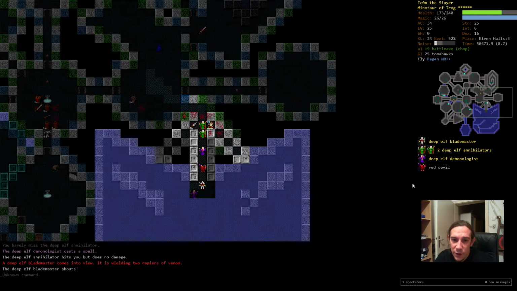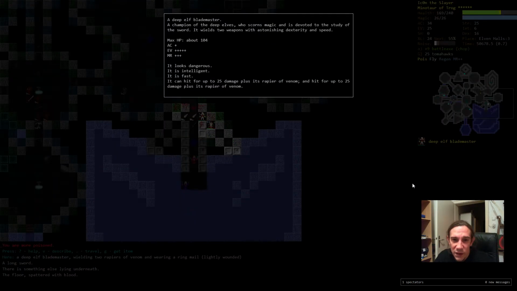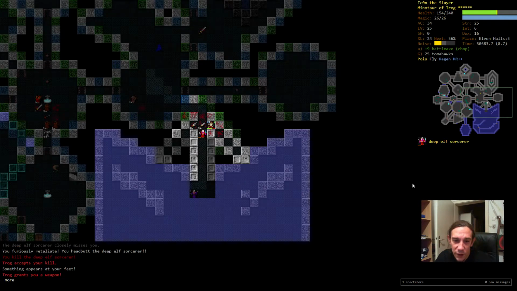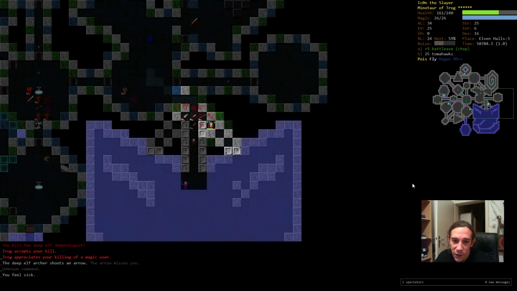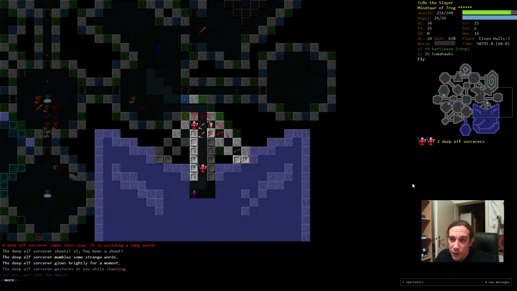So let's... I actually forgot Trog's Hand. Whoopsie. That was silly. Blade Masters are okay, but you gotta be careful about which weapons they wield. It's really important to keep an eye out for their weaponry. If you have a Blade Master with 2 rapiers of electrocution in your face, that can hurt a lot. Or if you're a demon spawn and...